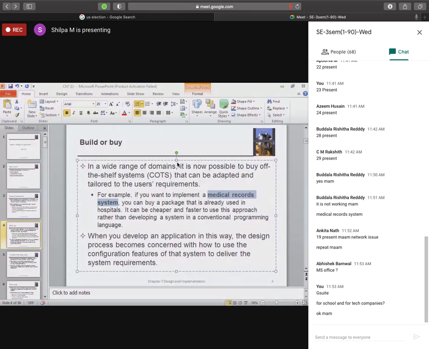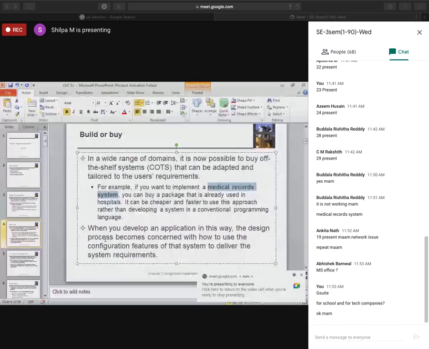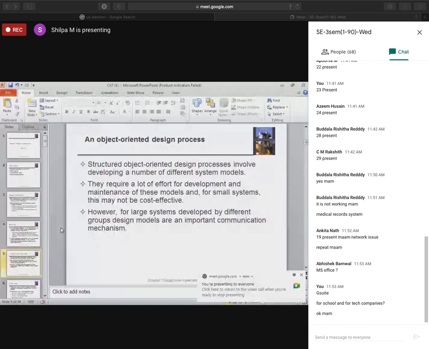So if it is a commercially off the shelf product, we actually buy it. Otherwise, we build the software from scratch. Fine. Am I clear with this topic?